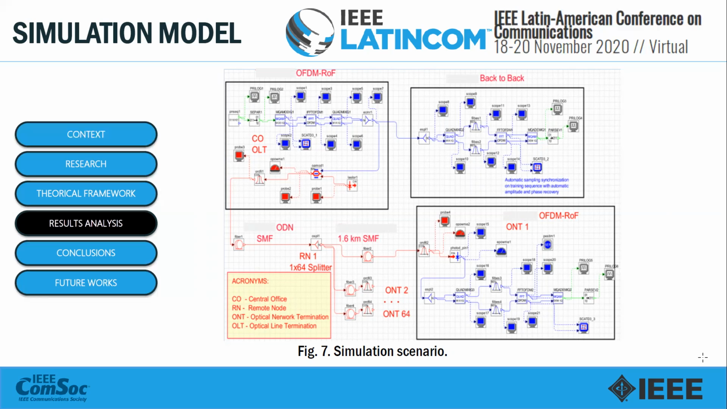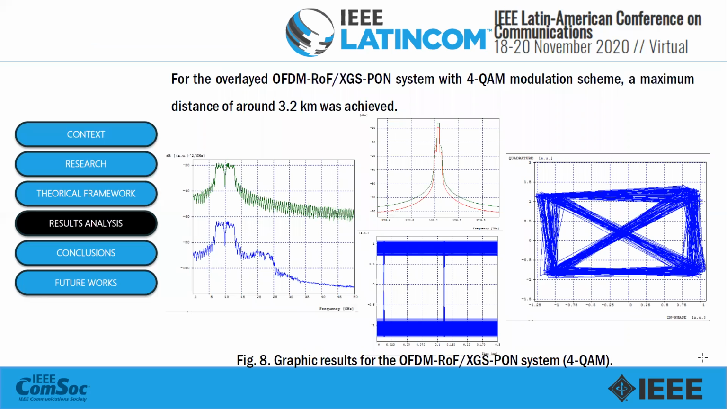XGS-PON. Then you can see that for the overlay, the results here for the overlaid OFDM-RoF over XGS-PON system with 4 QAM modulation scheme, a maximum distance of around 3.2 kilometers was achieved from the transmitter to the receiver in order to have a good performance, or the minimum acceptable performance. You see in figure 8 graphic results for the OFDM-RoF over XGS-PON system for 4 QAM, and you see